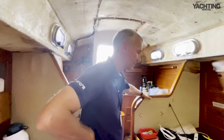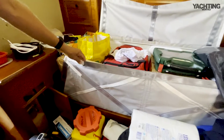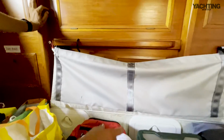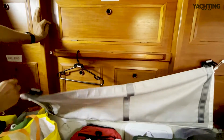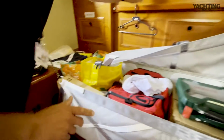We've got mandatory in the race rules not just lee cloths. You can see this one up here on the port bunk. But we also need to have bunk restraining belts as well, so that in the event of a knockdown or a rollover, you can't be thrown out of your bunk. And what we've done, Jane Toyne and I have come up with this idea where we just get to this one as well,